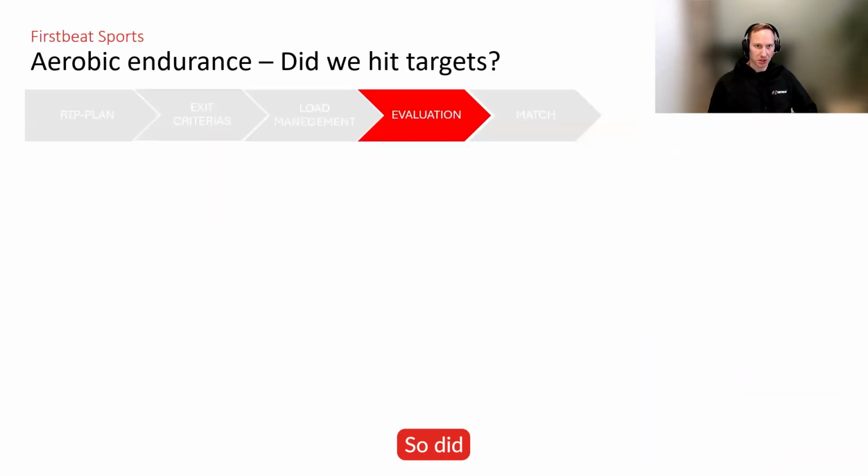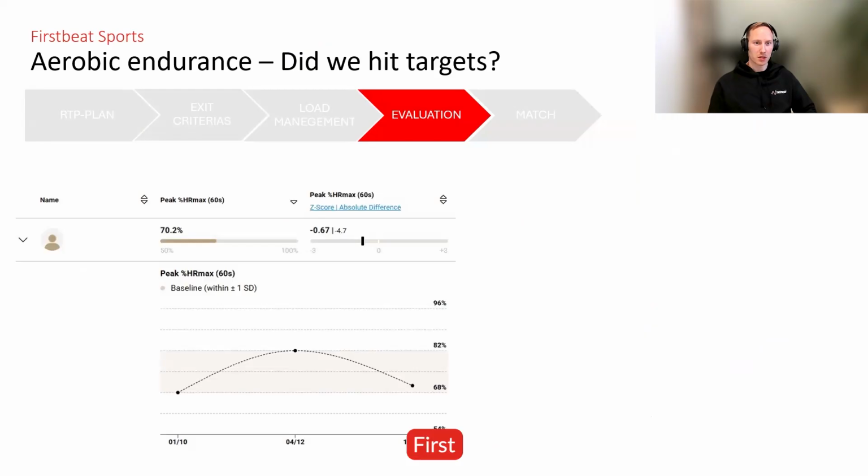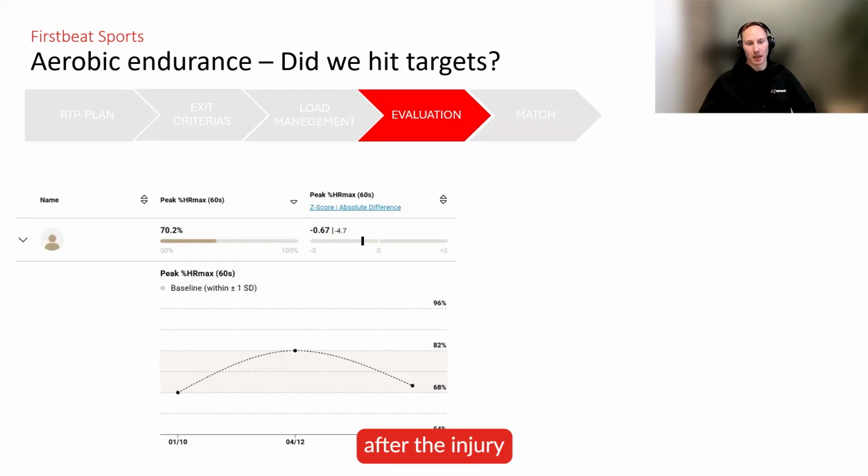What's the next step? Did we hit the targets with our conditioning, with our return to play plan? First, we were looking at aerobic endurance as one exit criteria. And here we have the submaximal fitness test results. They did a test on the 1st of October, on the 4th of December, so straight after the surgery, when the athlete was able to start training again, and then on the 15th of